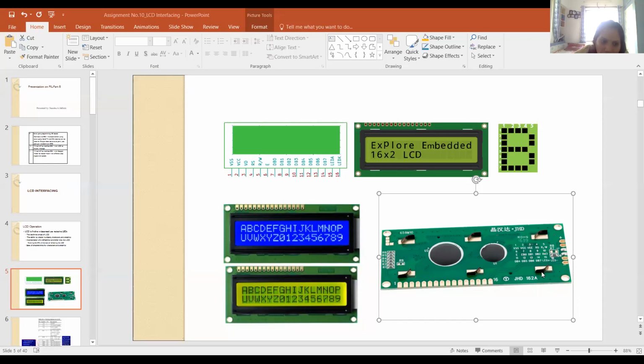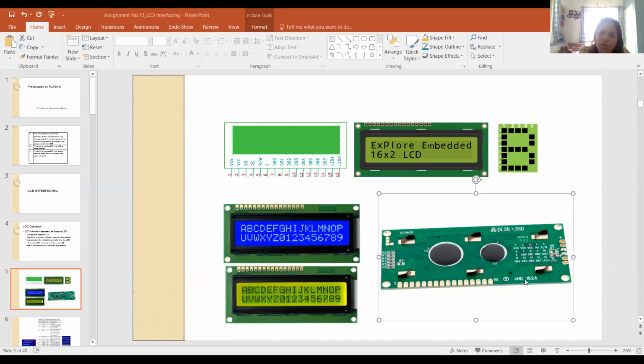Now, you are using a wire. One wire has two ends. You connect one end of the wire to the LCD display device, and the other end of the wire you connect to the port. So how many ports are there with the 8051? You have 4 ports.